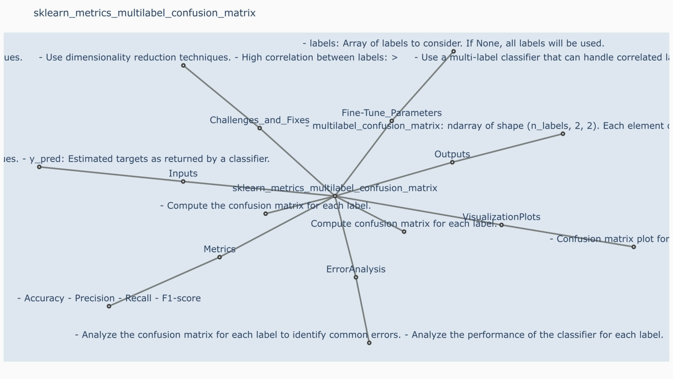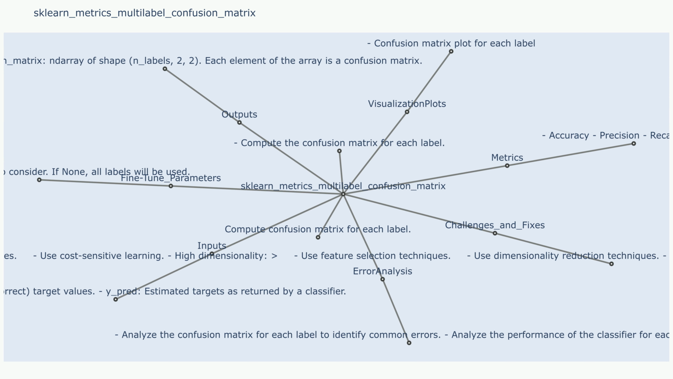sklearn.metrics.multilabel_confusion_matrix. Description: the multilabel confusion matrix function calculates a confusion matrix for each label in a multi-label classification problem. It's used to assess the performance of your model on each individual label, providing insights into where your model excels or struggles. Inputs: y_true, the true labels for the data, represented as a 2D array where each